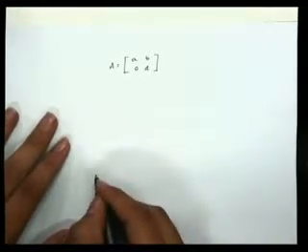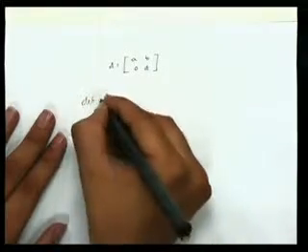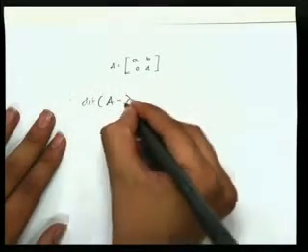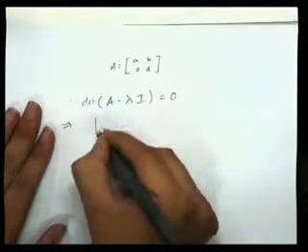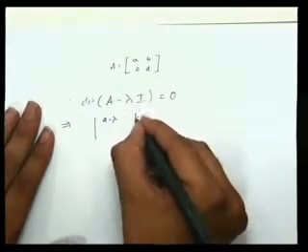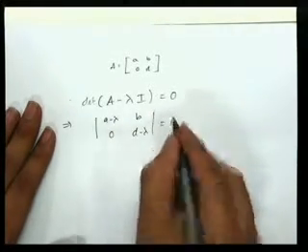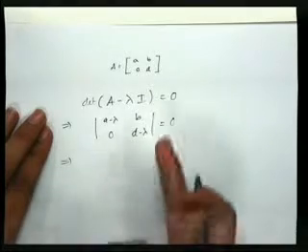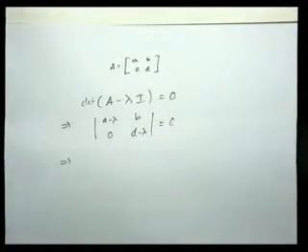If I find out the eigenvalues of this, then the characteristic equation is determinant of A minus lambda I is equal to 0. Expanding this determinant, this is A minus lambda, B, this is 0, and D minus lambda is equal to 0. And as we know, or you can say, what is the determinant of the diagonal matrix or triangular matrix.